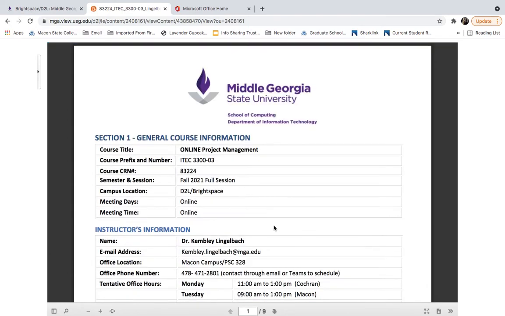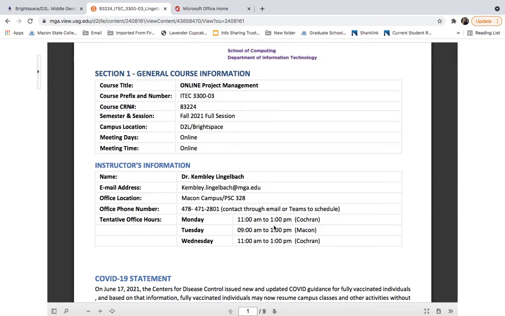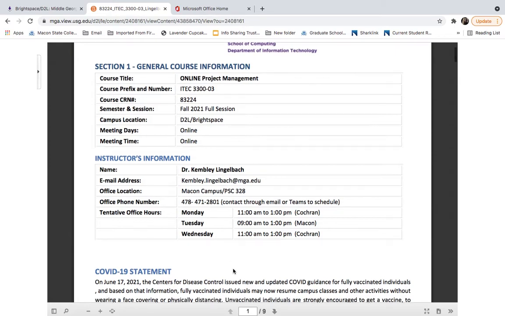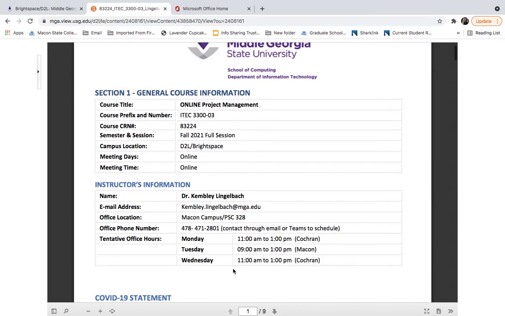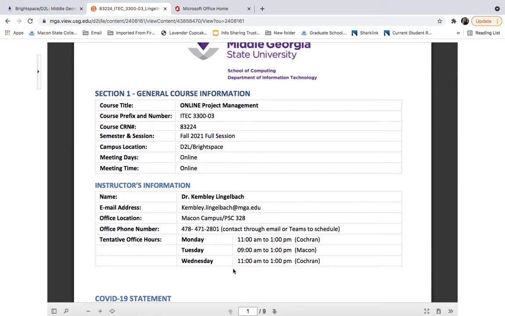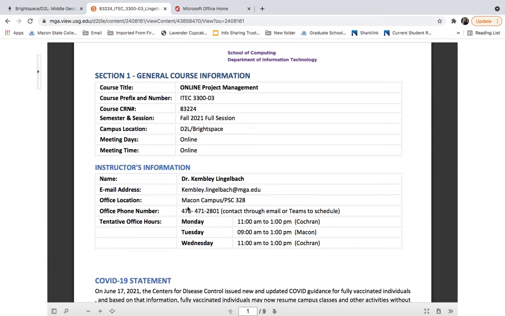And I'll go over a few things with you. Our campus location is on D2L, and we'll just meet online. And if you need to meet with me one-on-one or even as a team, because we will be having some team and group work in this course. Okay, for now, to contact me, use the Outlook